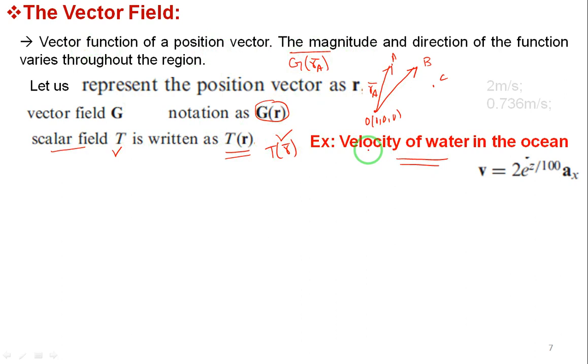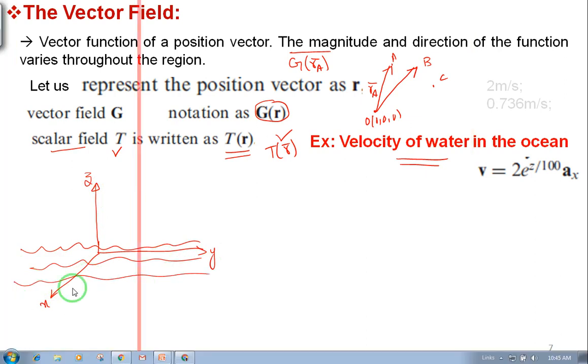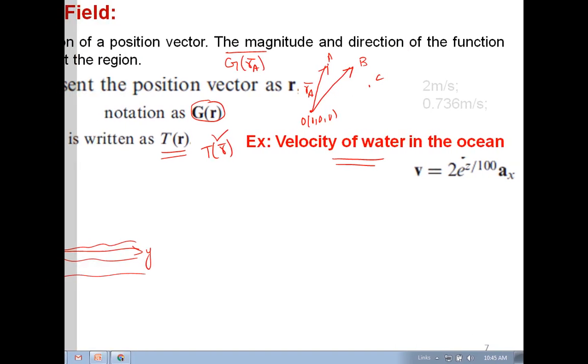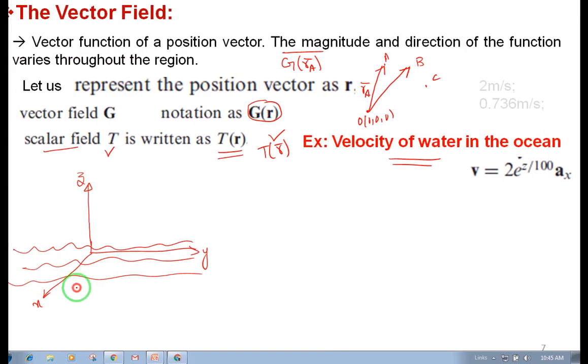So for that I will take the example of velocity of water in the ocean, right? I will take the help of a coordinate system. Before explaining, I will draw the diagram. X-axis, Y-axis, Z-axis. Let me assume a river here, or some ocean, whatever it is. Okay, the recording slide has moved, I'll shift it here. Okay, fine. This is the surface of the water.